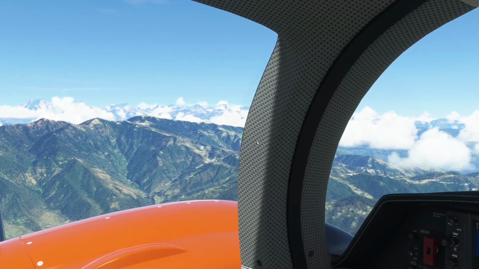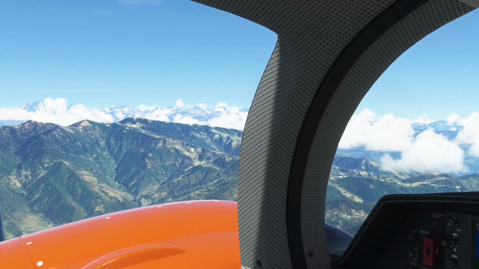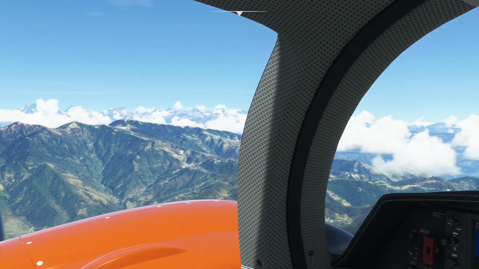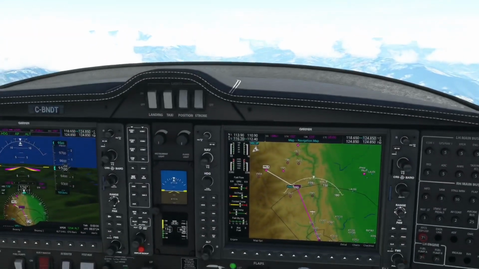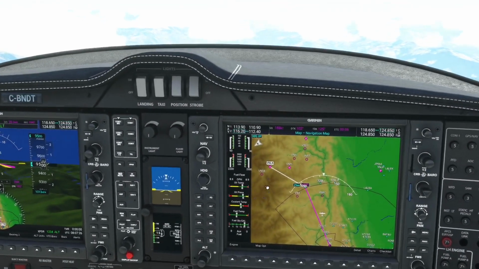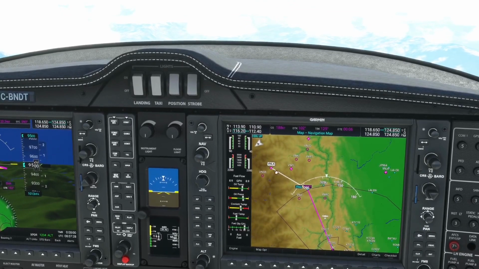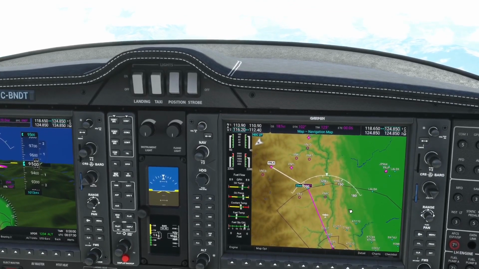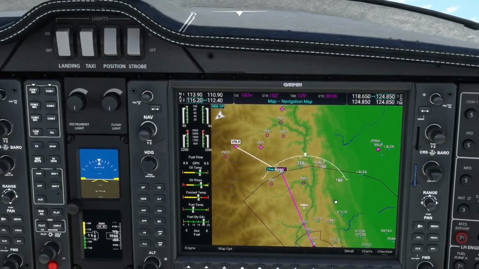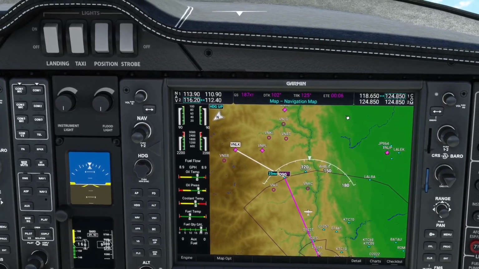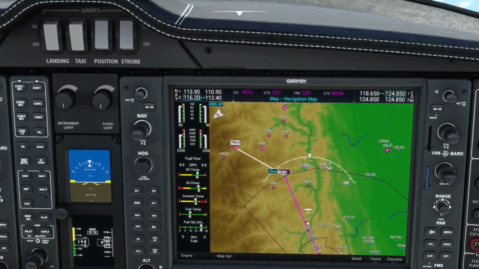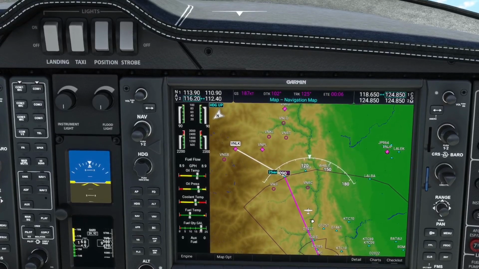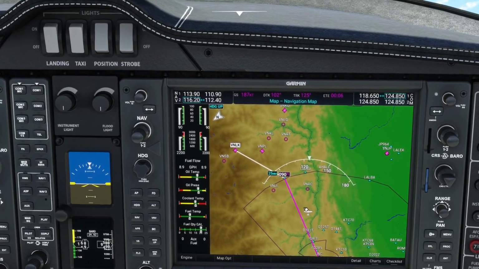Okay, so we're cruising along here just south of the mountain range, and I am a little bit off the track now because I'm going into the visual segment. So this nav display really shows the terrain really well, and I'll show you the plan, what we're going to be doing here. So I'm gone off the track that's in the flight plan, and we're going to continue flying